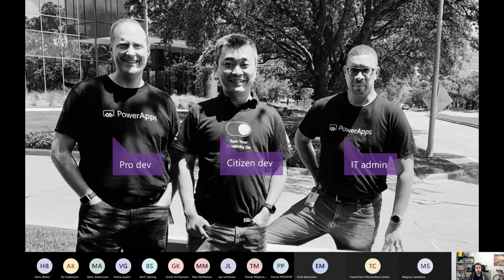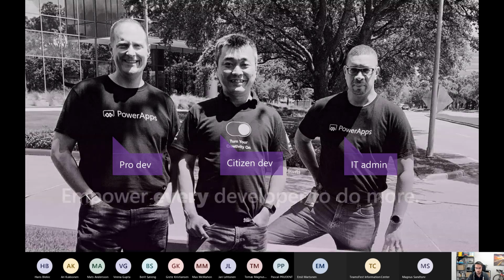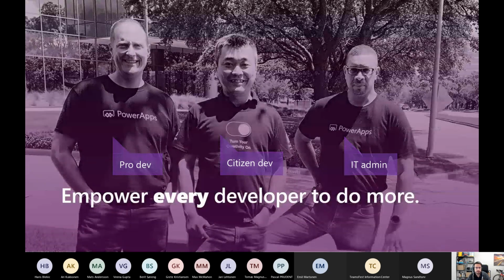For example, we can use the Power Platform, and specifically Power Apps, to create applications from the Pro Dev, citizen dev, and IT admin. All these people are able to create and manage applications, because this platform enables creating applications with code or low-code solutions. So the statement is: empower every developer to do more.